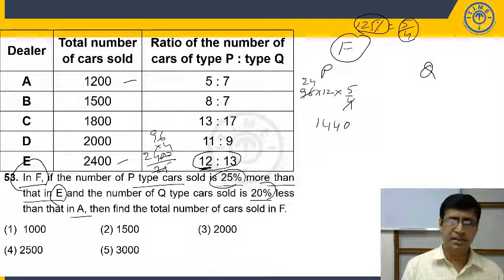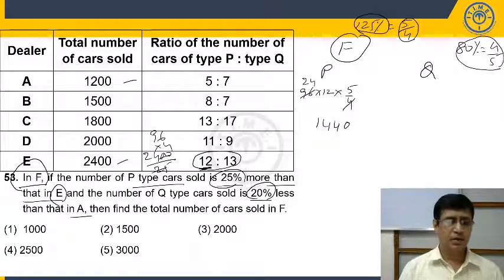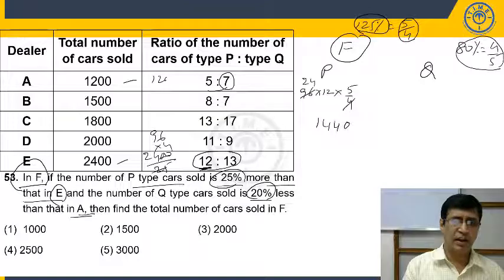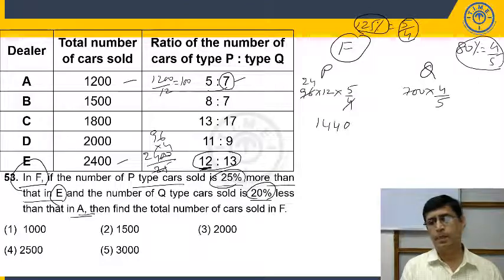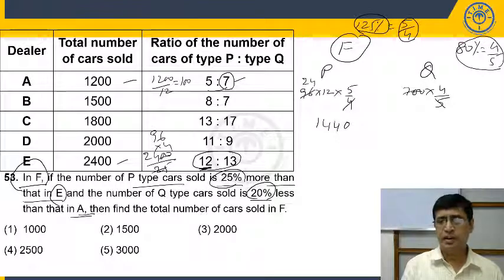Q is 20% less. 20% less means 80%. What is the value of 80%? 4 by 5. Then that of EA. So what about the EA value? Sum of the ratios is equal to 12. So 1200 is equal to 12, what is the one part? It is 100. 7 times means 700. 700 into 4 by 5. Now 5 goes exactly how many times? 20 times in 100. Now simplify this. 2 into 4, 8. 8 into 7,